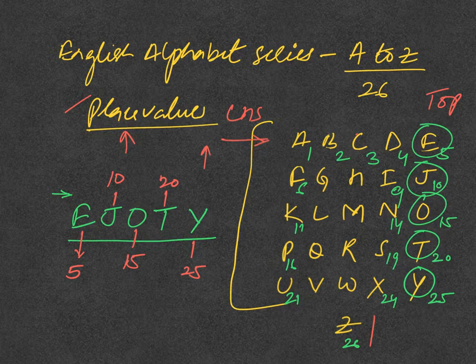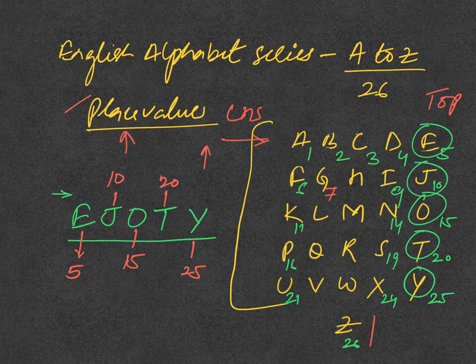Now there are some shortcuts to remember other values as well. So just see, if we want to learn G, it means group 7. Group 7 is a group of 7 developed countries and 7 superpowers of the world.